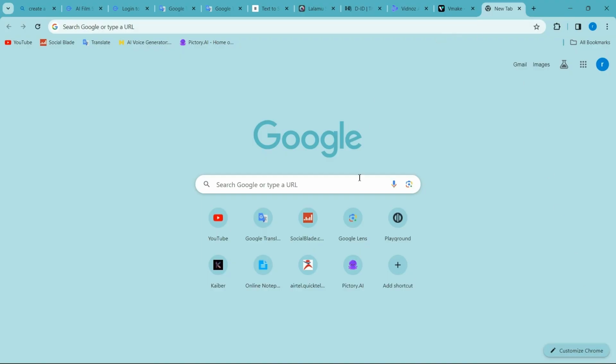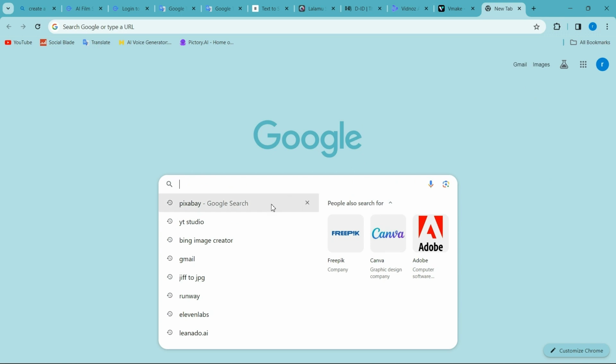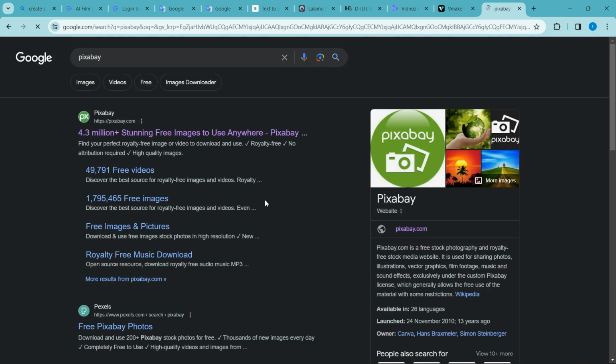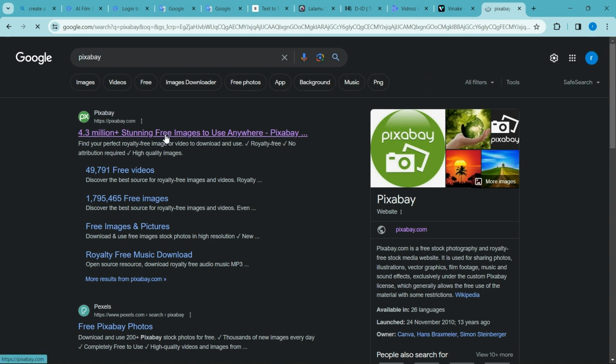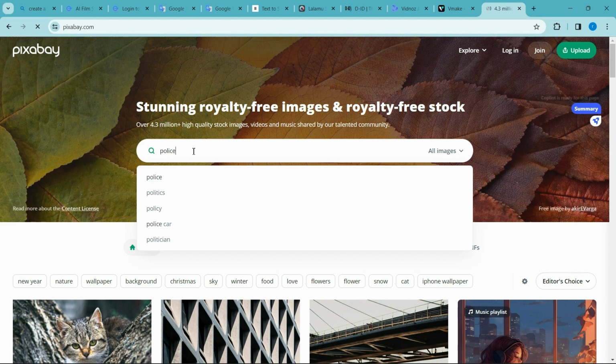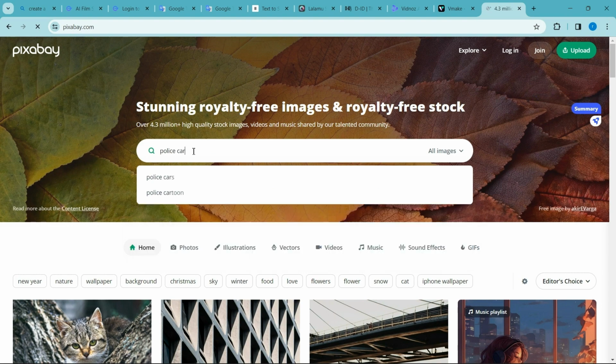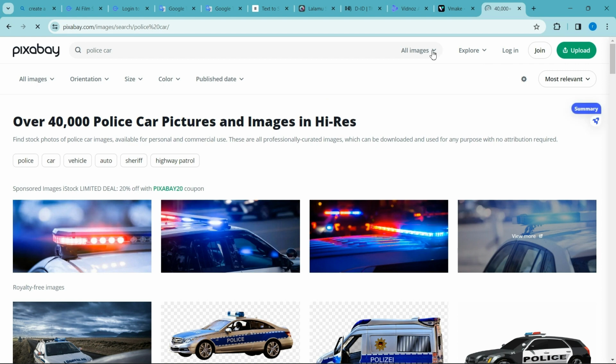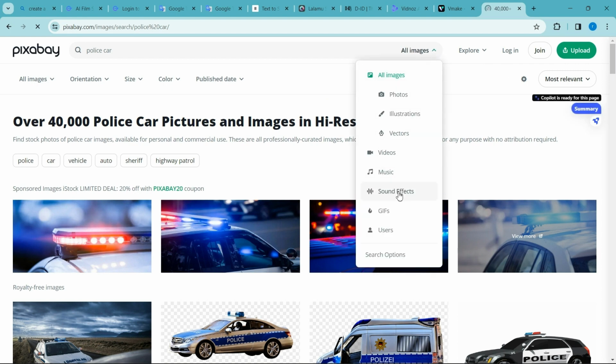Go to Google and search the Pixabay website. The site includes copyright-free music and sound effects. Right, you want to search for sound effects. Change the category to sound effects.